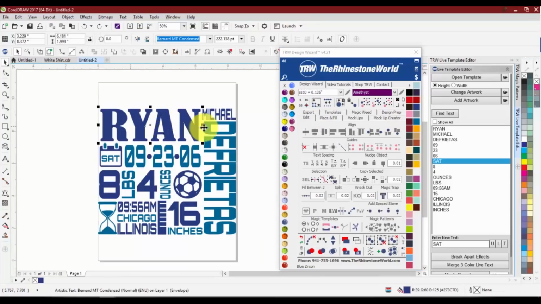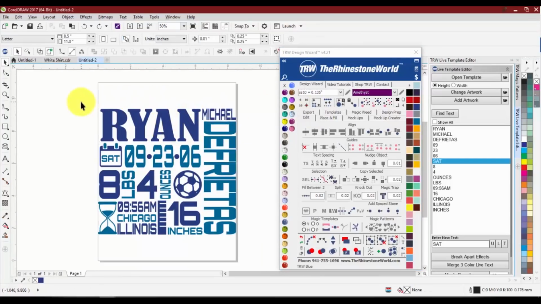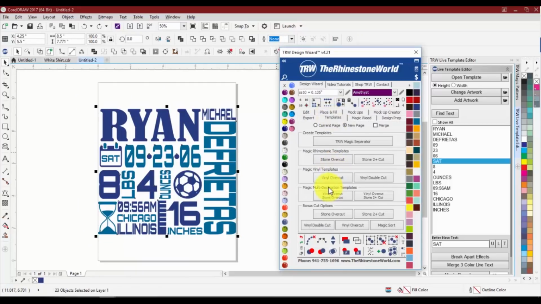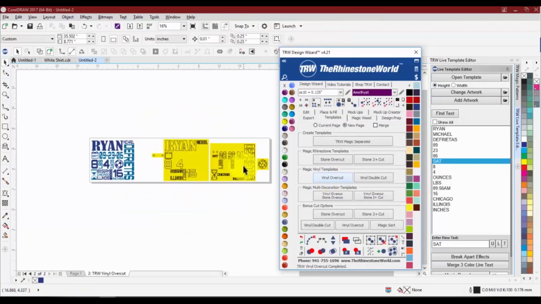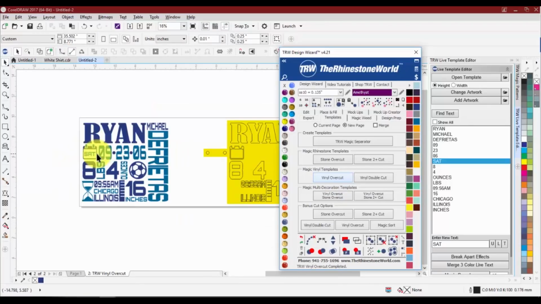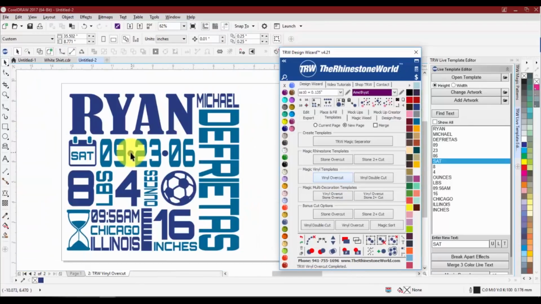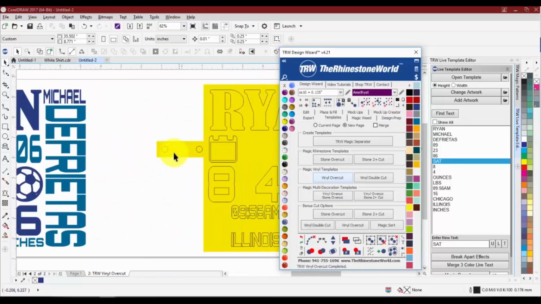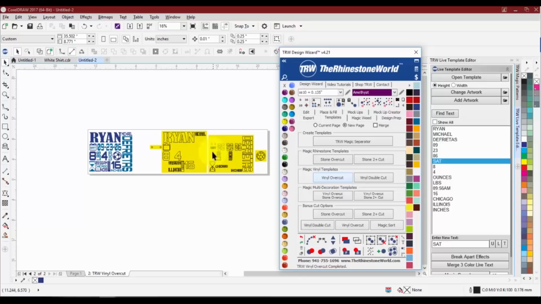what it's going to do when it separates these templates is, if I go to the templates tab and select vinyl overcut, if I left click the vinyl overcut, it's going to separate all my designs. Now because it has such weird shapes in here, like these circles, it's going to try to recognize these as rhinestones. So it's thinking that it needs to separate these. So what we're going to do instead